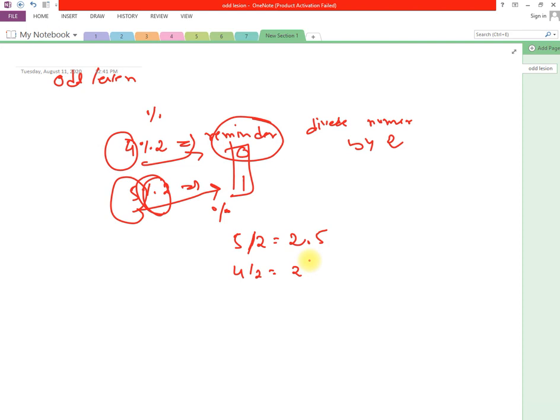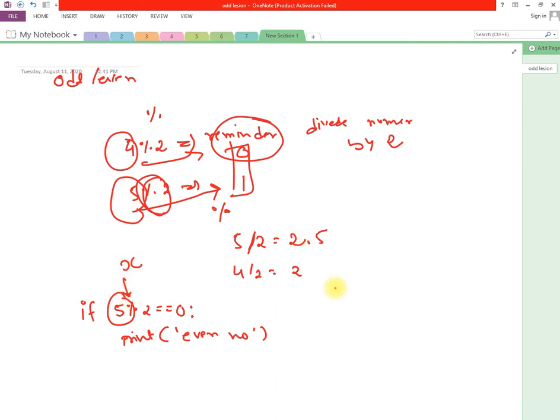Now what I can do is check if 5%2 equals 0, then what would this be? If I get remainder 0, then this would be an even number. But here I am not checking only for 5, I have to check for any variable, so I can replace it with x.